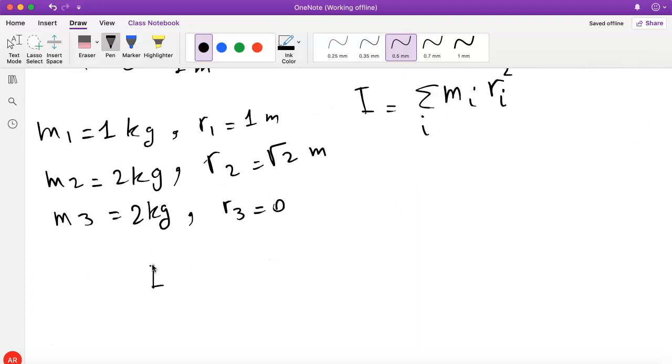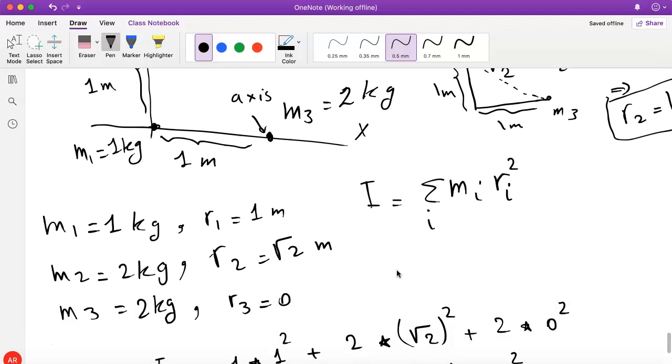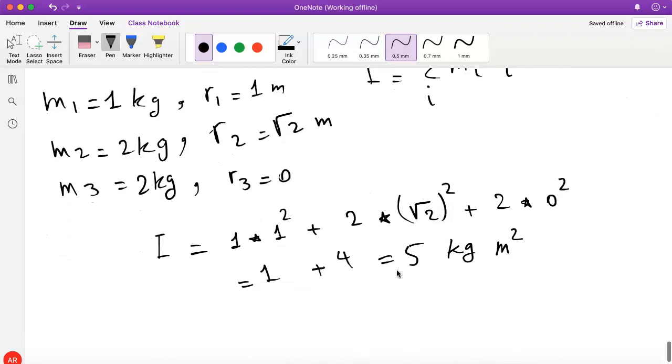So we find I to be m1 times r1 squared, which is 1 times 1 squared, plus m2, which is 2 times square root 2 squared, plus 2 times 0 squared. So that gives me 1. Square root 2 squared is 2. 2 times 2 is 4. So that's 4, and that's 5. 0 is 0. So that's 5. And the unit is kilogram meter squared. Okay. So that was a problem involving